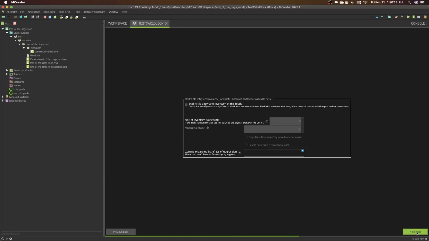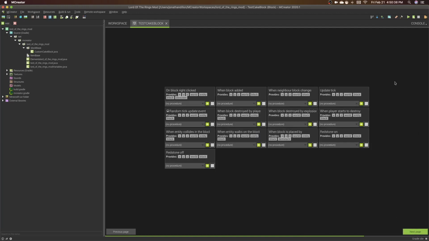We do not want to add a tile entity. And then here, with our block base, you won't be able to use the on block right clicked, as our block base already uses that. You can use when block added, when neighbor block changes, update tick, when player starts to destroy, and all the others. You can use those to their full advantage, and yeah, you can use all of that,